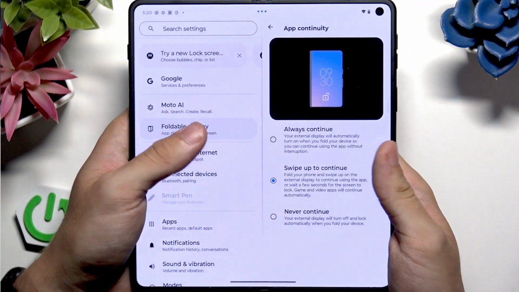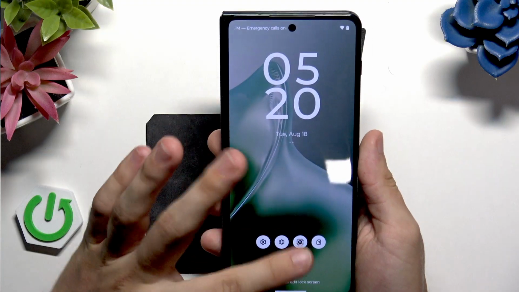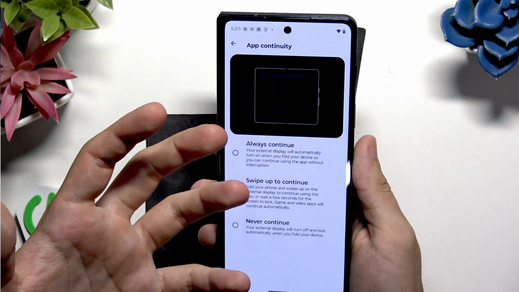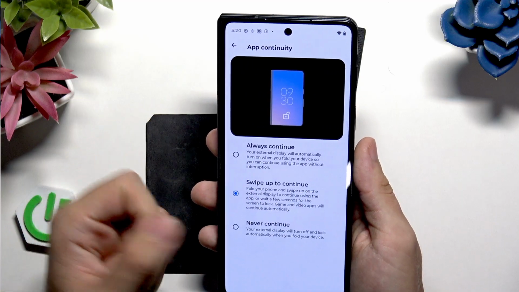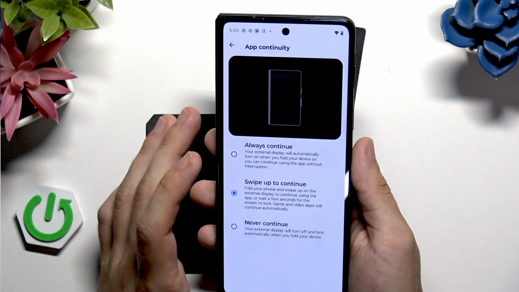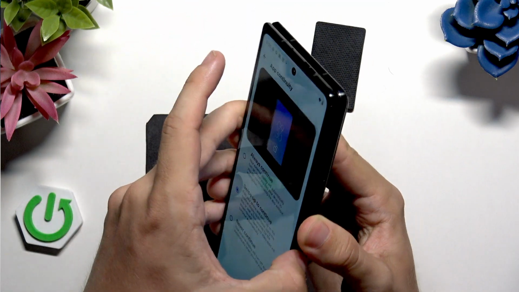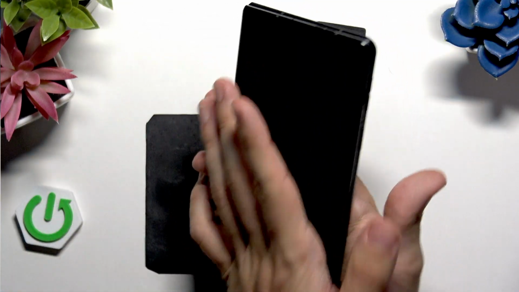But now when I lock the screen, I'll need to swipe up. It will stay unlocked. The phone stays unlocked like for a few seconds. And if I slide up, I'll continue the app. But if I don't slide up now,